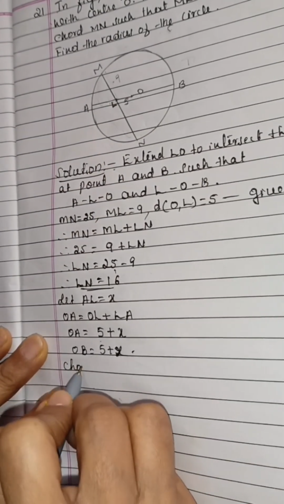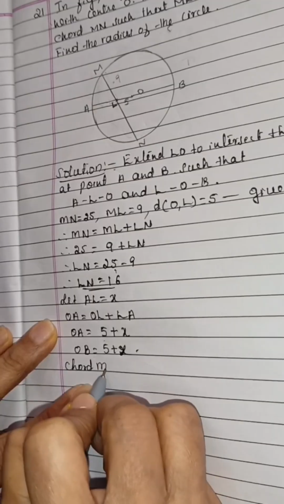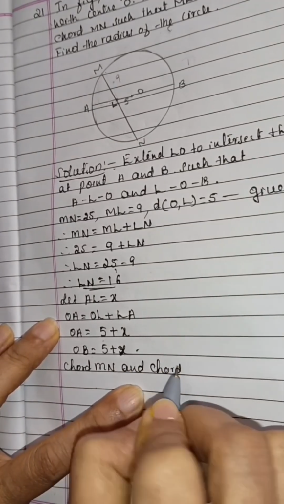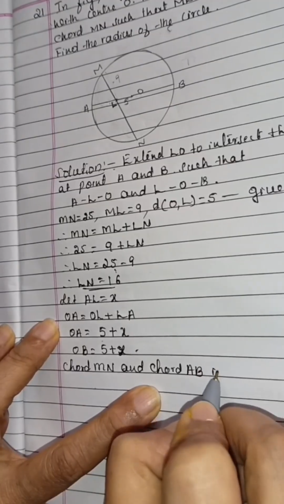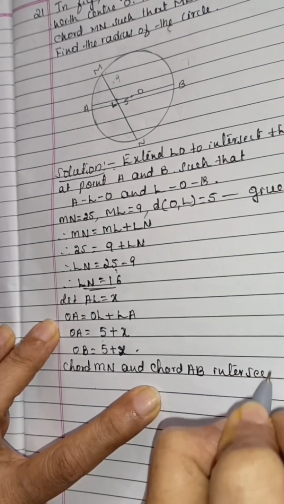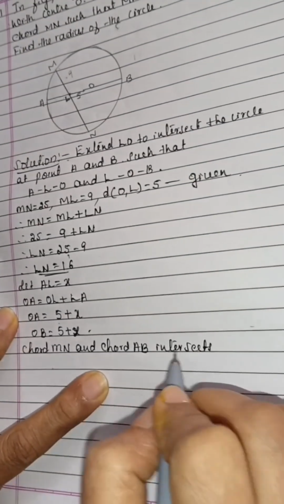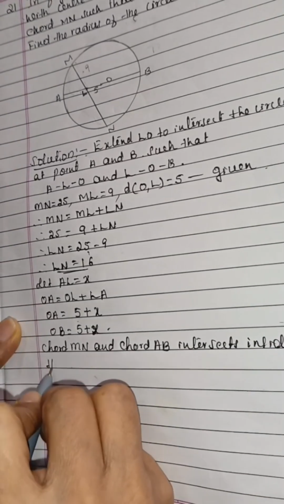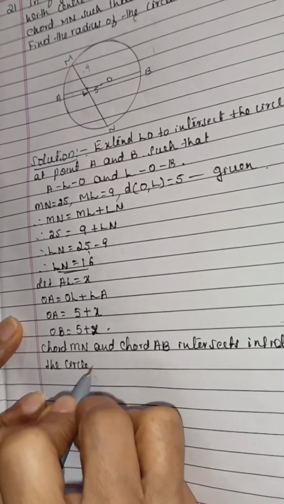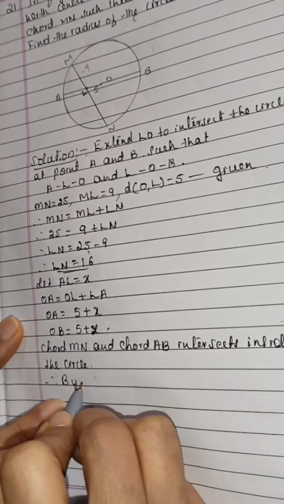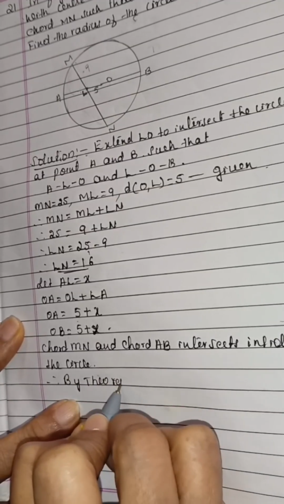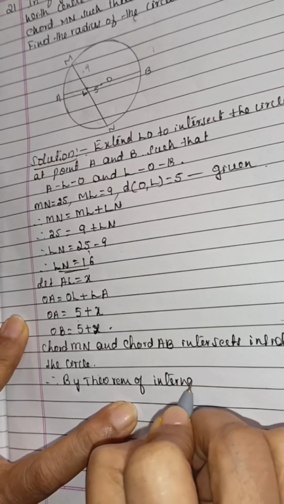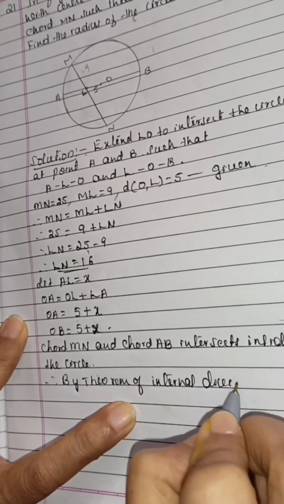Chord MN and chord AB intersect inside the circle, therefore by the theorem of internal division of chords,